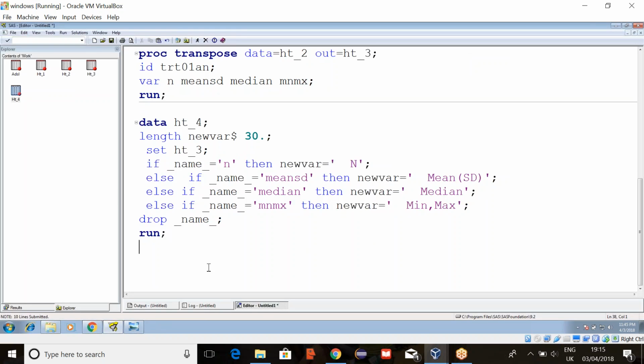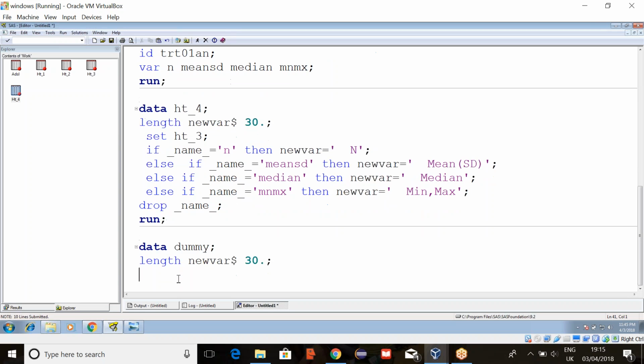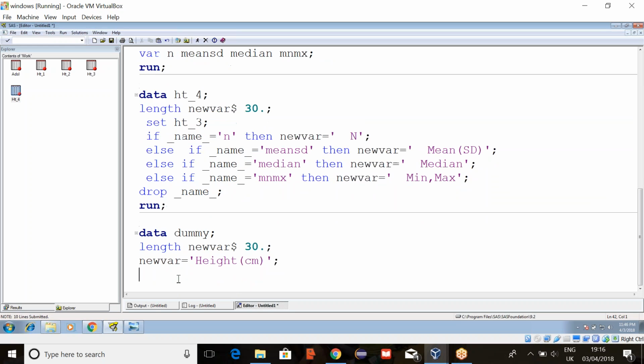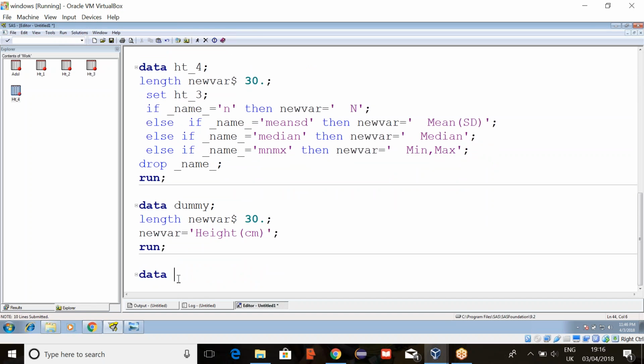So create one dummy and also use the same variable, newvar equals height in brackets centimeters. So for the sake of that height, we are creating a dummy variable and we are concatenating these two data sets with the same variable.